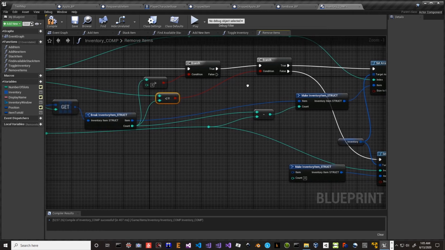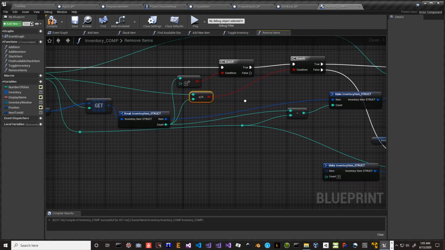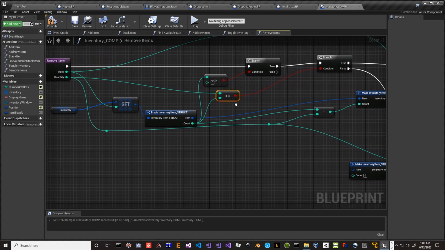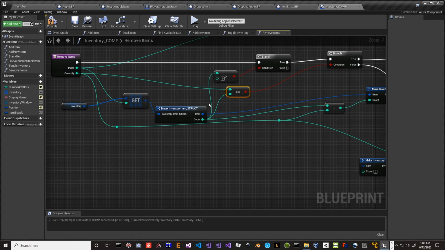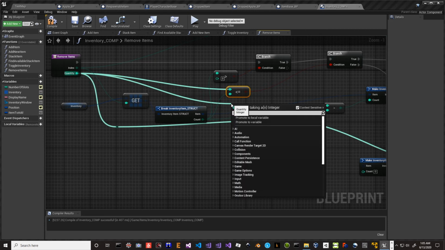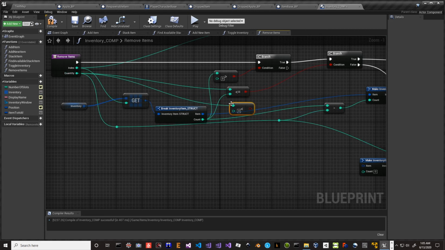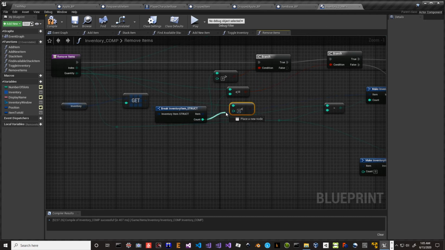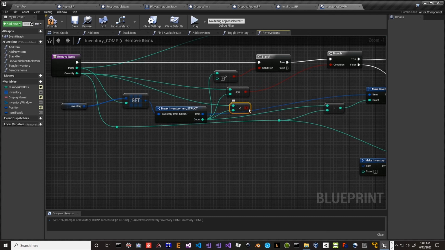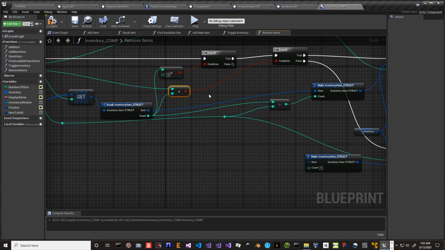Well, if it's equal to, no, actually we wanted it less than. We wanted it less than. It does need to be less than. Plug this into here. Plug this into here. And delete this. So less than is correct, because if it's not less than, if they're equal, we want to